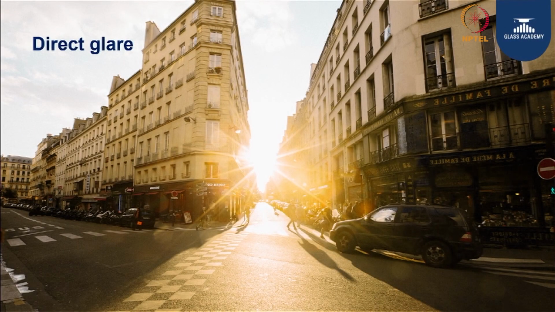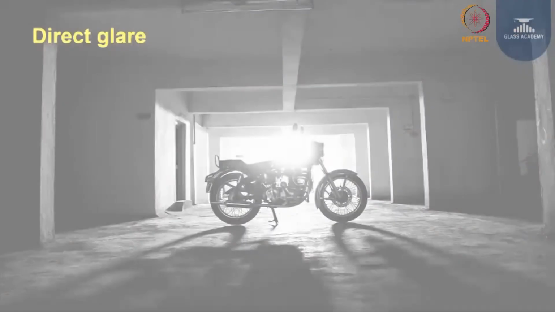There are two types of glare. One is direct glare, which is caused by a beam of light or a surface sufficiently bright to cause discomfort and loss of visibility. You can look at this photograph. The bright sun is shining right through the street, reducing the direct visibility in the immediate surroundings. You can use dark glasses to reduce the glare or shield the sun with your hands so that it is not in the field of vision, in order to improve visual comfort.